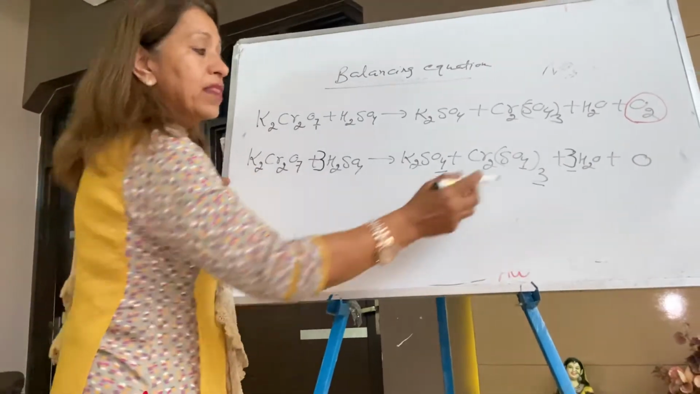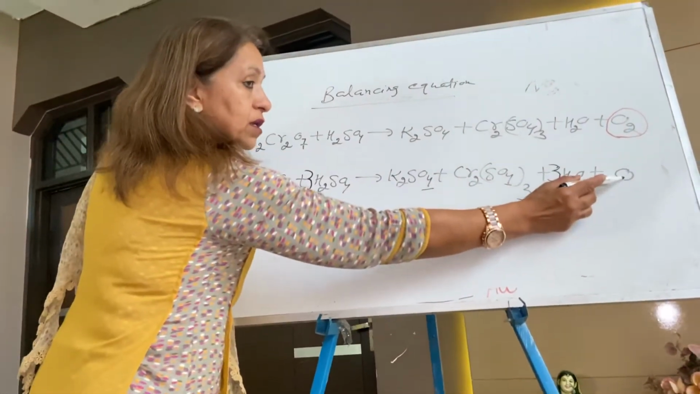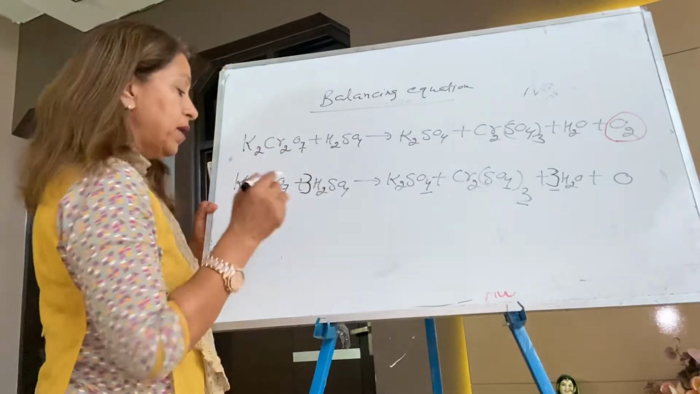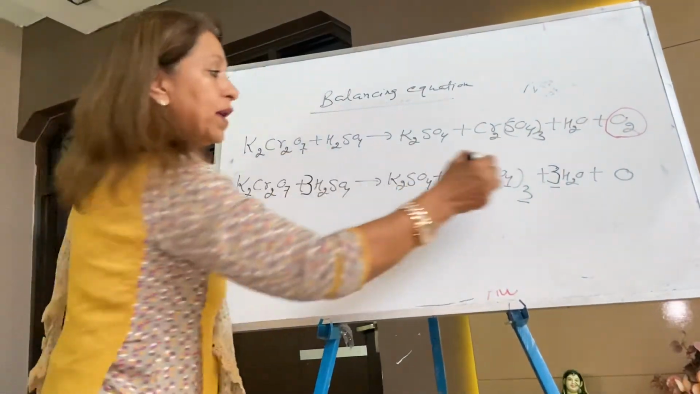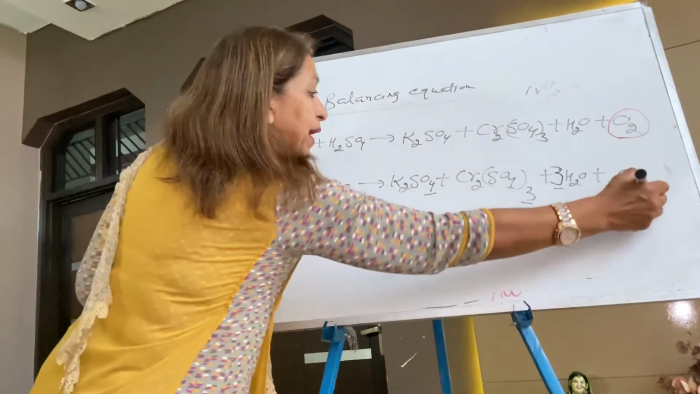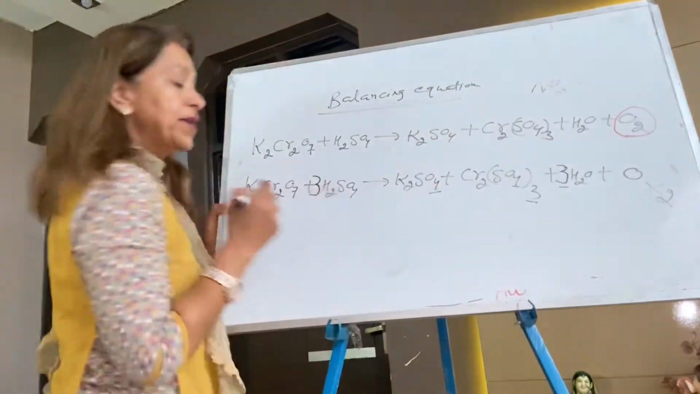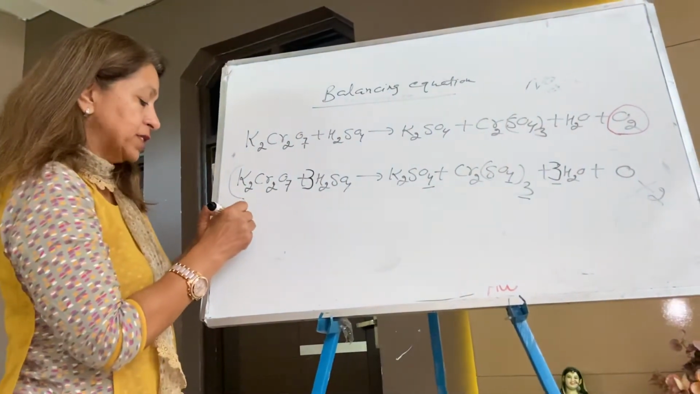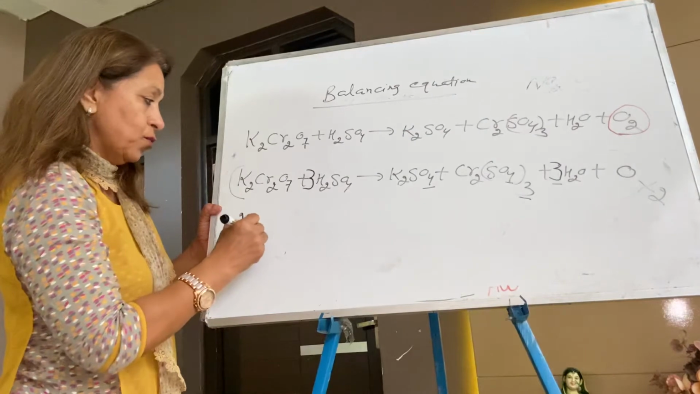But at the end there is a single oxygen. 1 is an odd number, make it even. You multiply the whole equation by 2. Multiply the whole equation by 2, your answer becomes